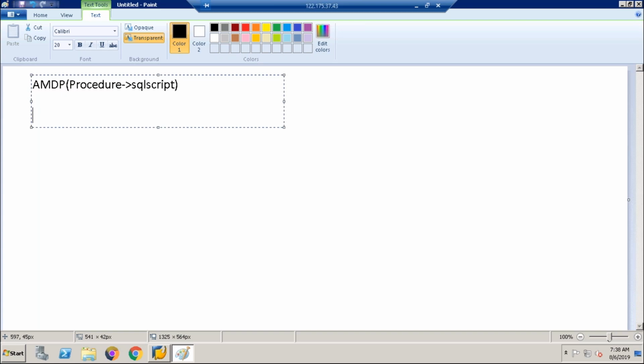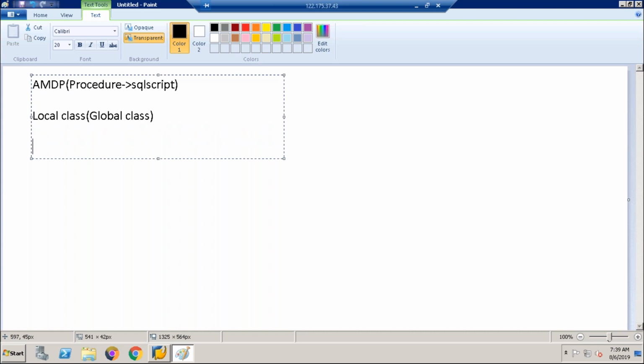Now in AMDP, actually we need to work with a local class. AMDP is a local class. In SC38, in the ABAP layer, it will become a global class, because we need to consume it. If you want to consume any class in SC38, it should be global. There's no question about it. Only global classes can be consumed in the ABAP layer or in SC38. So it will be converted into a global class.